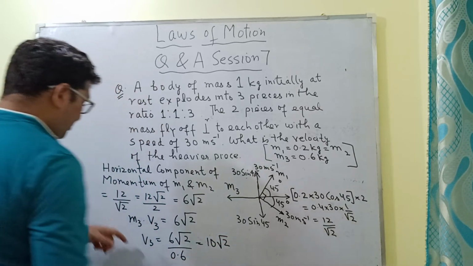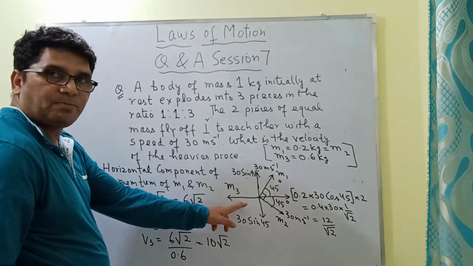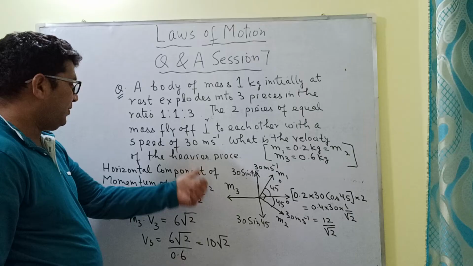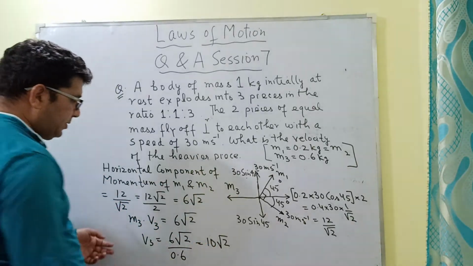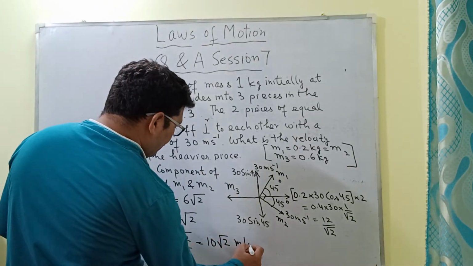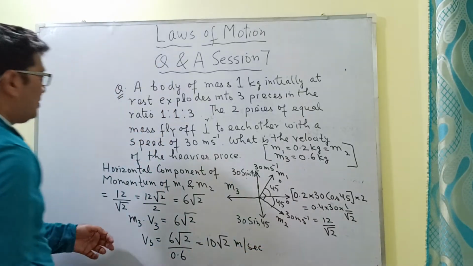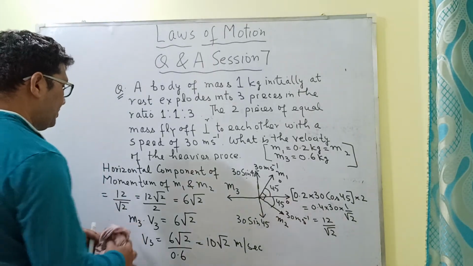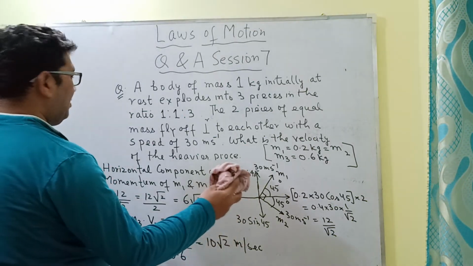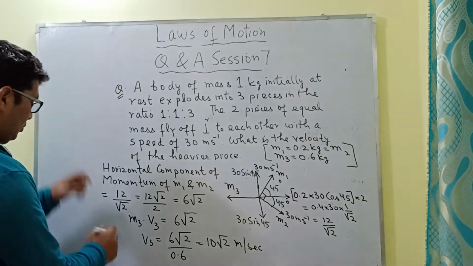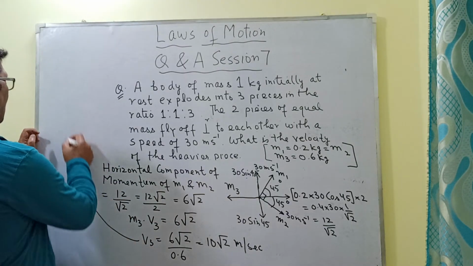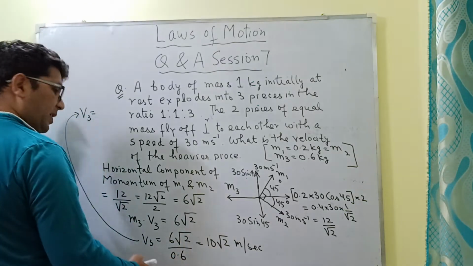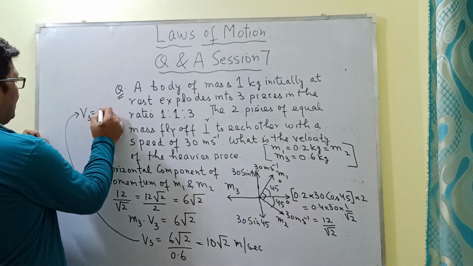ठीक है ना। v3 का जो, so the velocity of this mass, this is m3, or you can say the velocity of this heavier mass will be equal to 10√2 meter per second, ठीक है। और इसको अगर हम और सिंप्लीफाई करना चाहते हैं तो इसका आंसर हो जाएगा, I will just write it down here, मैं इसको यहाँ लिख लेता हूँ ऊपर v3 को, that v3 will be equal to, अगर √2 है, √2 इज इक्वल टू 1.414 होता है,